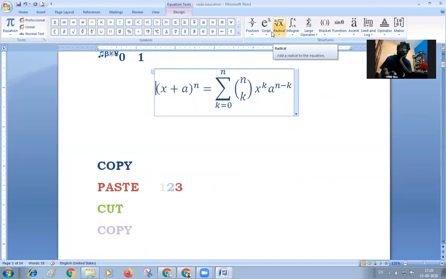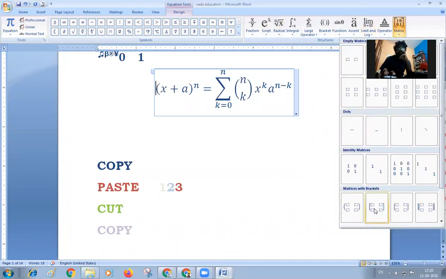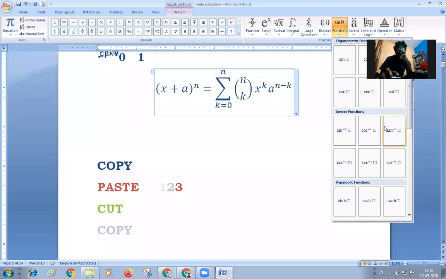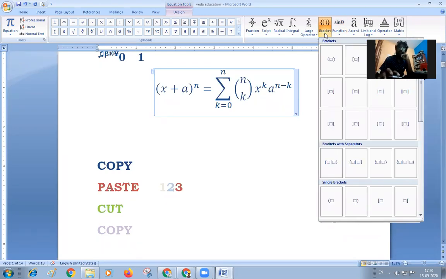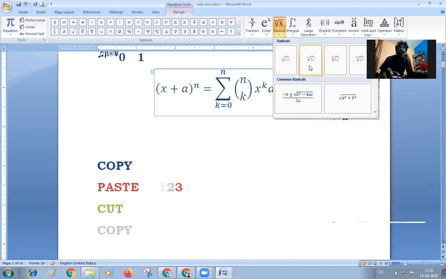If you want to insert an under root over here, you can insert under root. If you want a fraction form, you can get this fraction form. If you want the limit form, you can get the limit form, or the matrix form also you can get. You can see the matrix form symbols are there. If you want sine theta, cos theta, cosec theta, cot theta, tan theta, you can get these. If you want some brackets, you can see these brackets also available there, and it's called under root form. This formula, a square plus b square under root of a square plus b square. For all these types of formulas, you can use this.